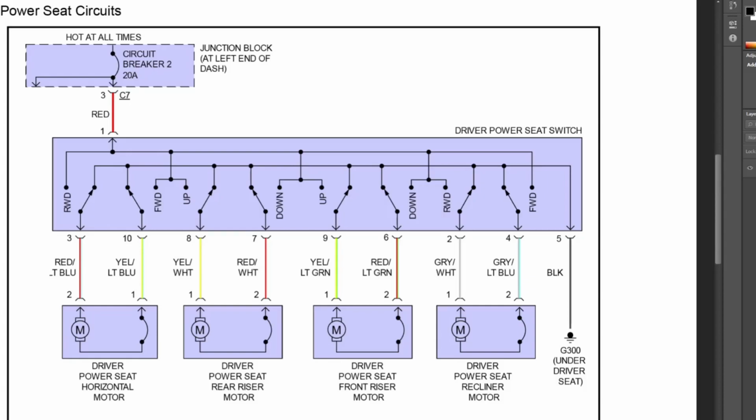Now there's many ways you can skin this cat, but here is what I would consider one of the better ways of doing it, assuming you have access to the loads. So whether it be this power seat motor or power door lock or power window, if you have access to those, it's probably the quickest way to diagnosing whatever's wrong with this circuitry, and that's how I'm going to show you. And maybe again towards the latter part of the video, I'll talk about some other practical methodology when you